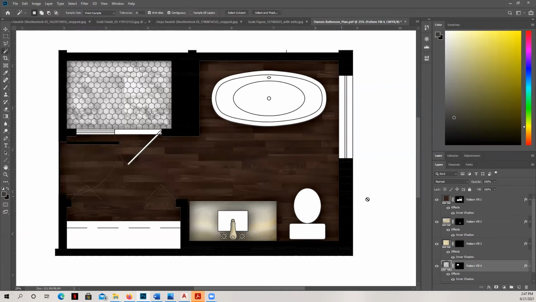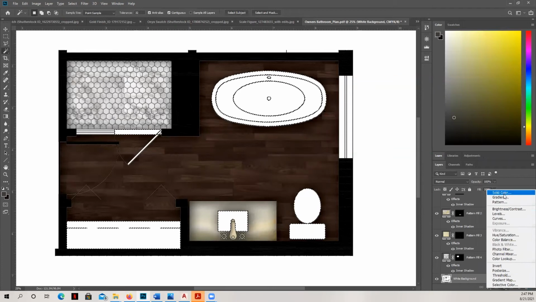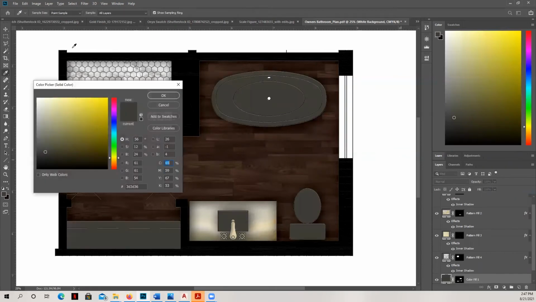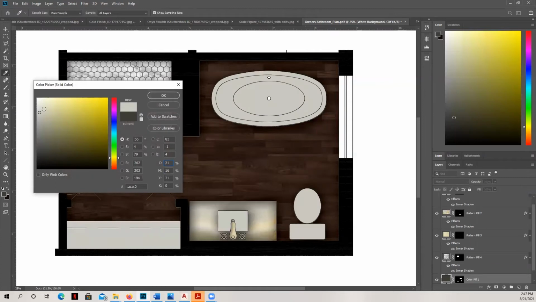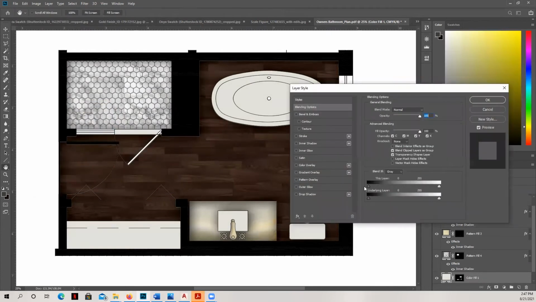And so the same thing, we're going to go ahead and make sure we're back on our correct layer. And we're going to grab all of the areas that are going to be white and make sure we're holding down our shift button. Here, instead of doing a pattern, we're going to do a solid color. We're going to have it be not bright white, but a little bit of a softer white. We'll hit OK. And of course, making sure that we add in our inner shadow so we get a little bit of softness to it.